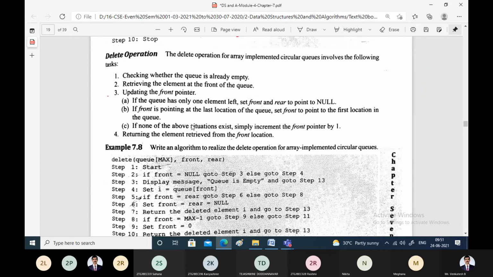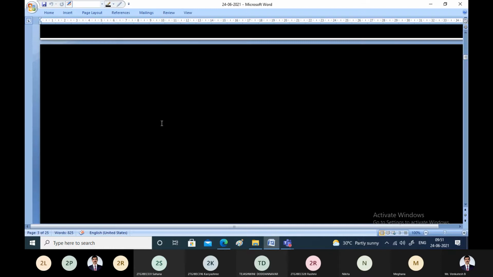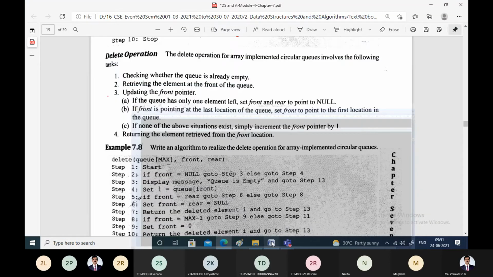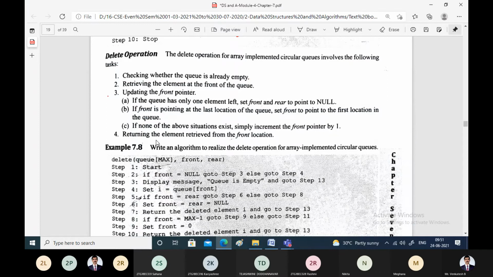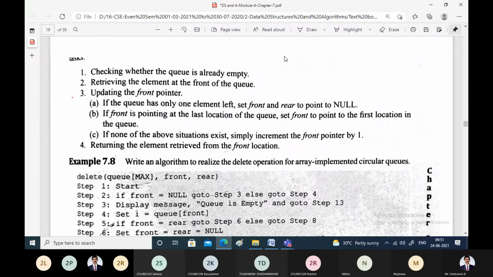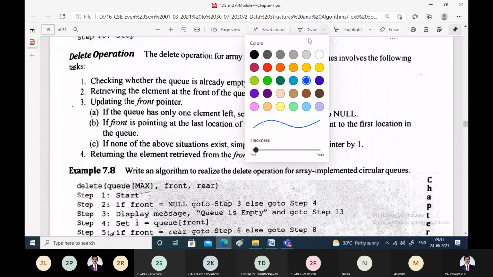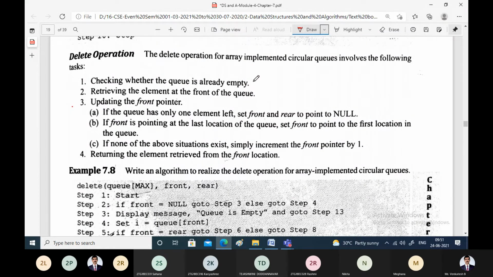Now let us see the procedure to delete elements from the circular queue. Before we delete, we have to check whether the circular queue is already empty, because if it is empty, we cannot delete elements from it.